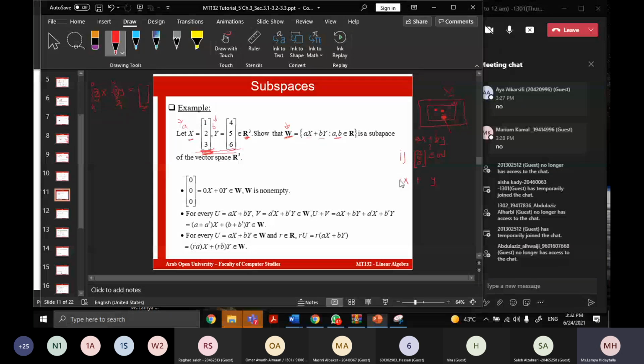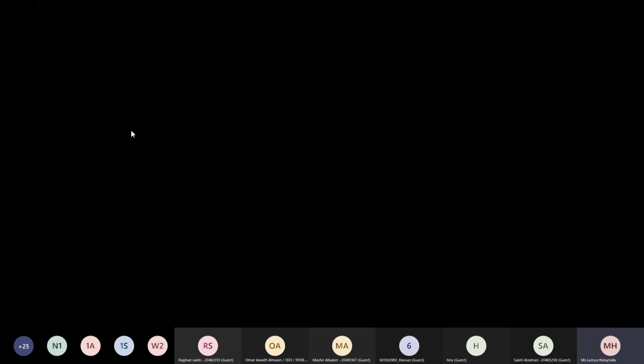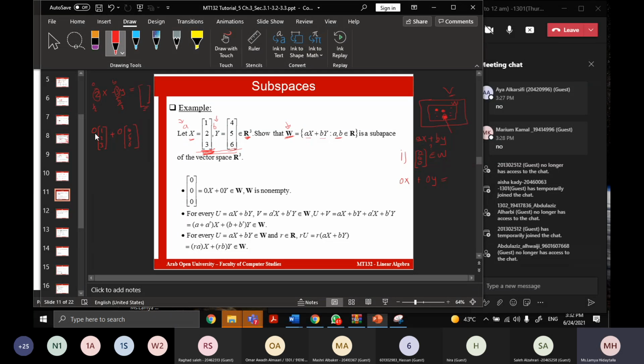If I multiply the first vector by 0 and the second vector by 0, I'm going to get the 0 vector. For example, the first vector is 1 2 3, correct? Plus 0 times the second vector, which is 4, 5, 6. When you multiply by 0 here, you're going to get the vector 0, 0, 0. Correct? Plus,